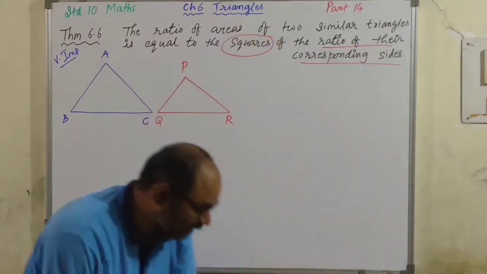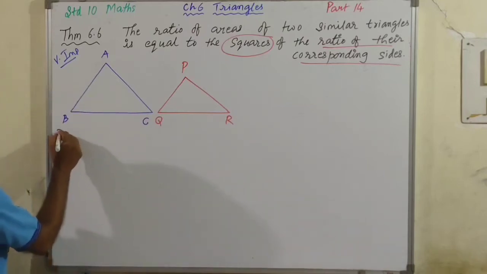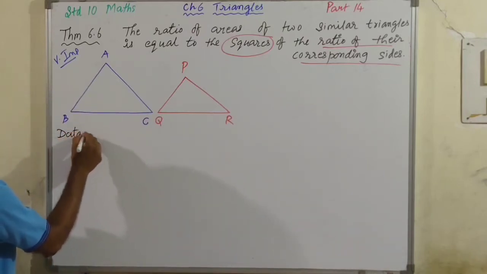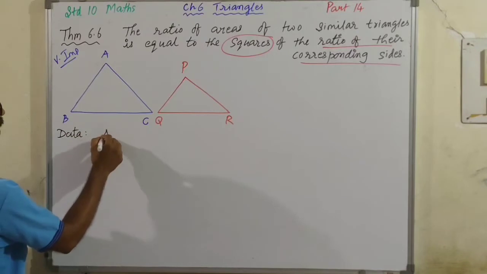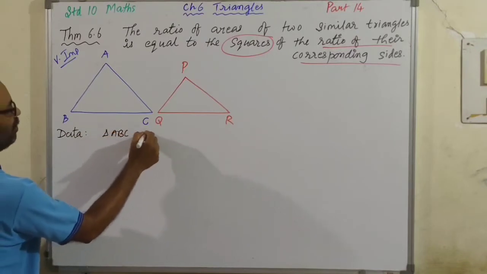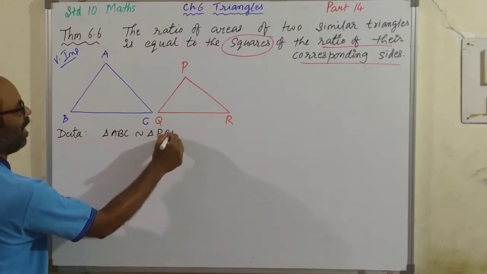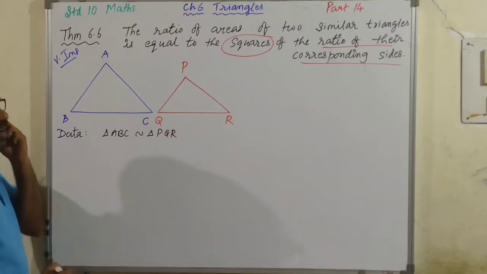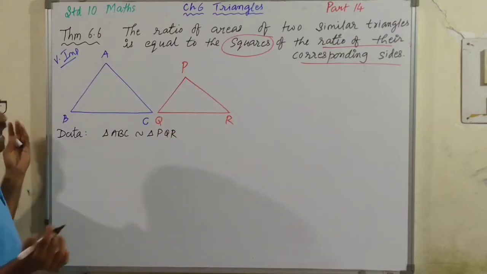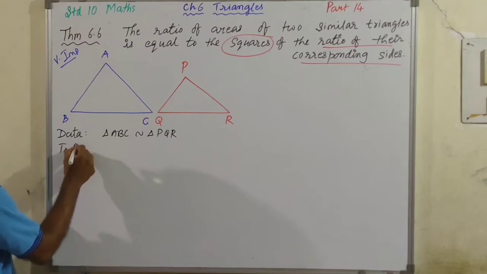Let's see. Data. Please pay attention. Data: Triangle ABC is similar to triangle PQR. That is in the data. That's it. Nothing else. To prove: